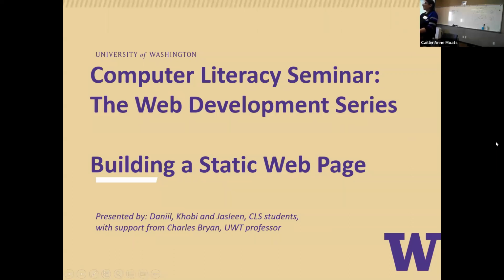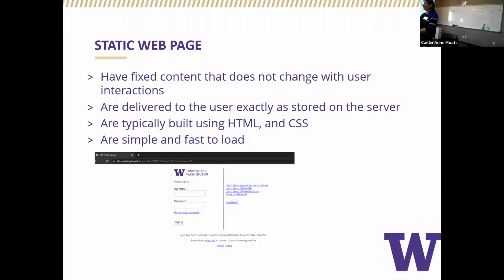So hi everyone. On behalf of CLS students, we'll be talking about HTML and CSS, and we'll learn to build our own static web page. Before starting with that, I want to introduce what static web pages are. They have fixed content and they do not change with any user interactions. They are delivered to the users as they are stored on the server. Like Professor showed in this example,